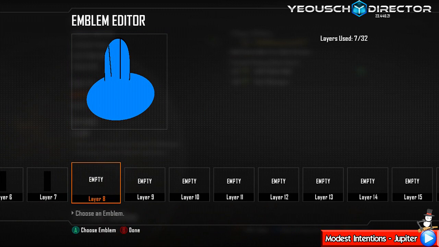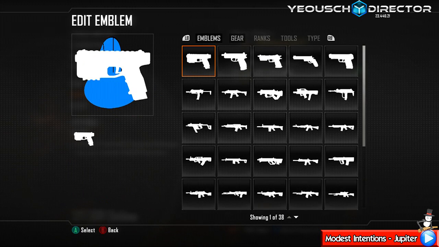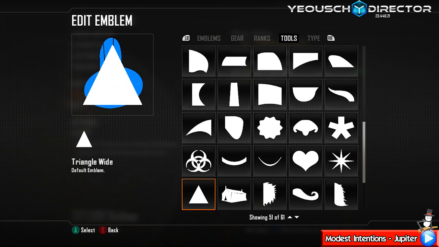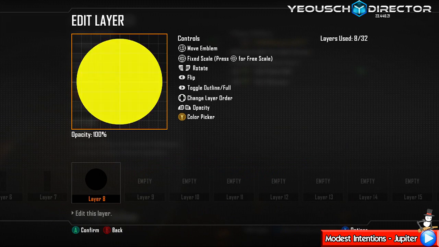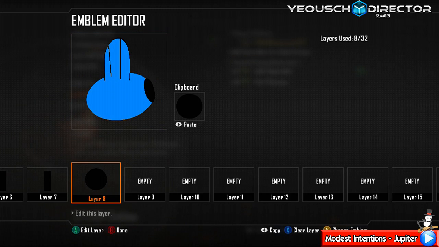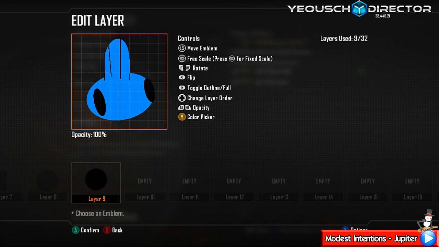And there we go. Next, go in and grab a circle. I forgot how to make emblems, it's been so long since I made them. And we're going to skew this by going up and to the left, and we're just going to place this on the side of his face over here, and duplicate it and put it on the other side, but make this one a bit bigger and skew it down and to the right. You want it to cover a lot of the side of his face, but not too much,